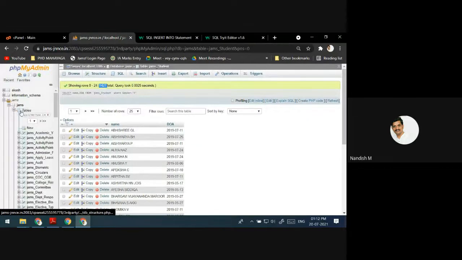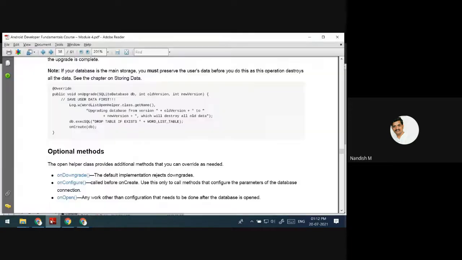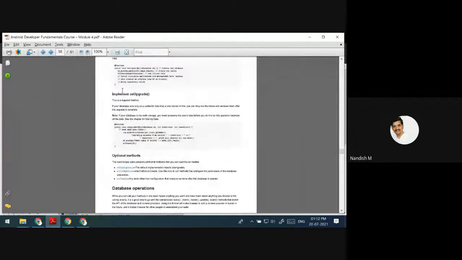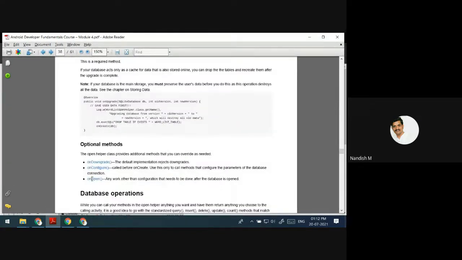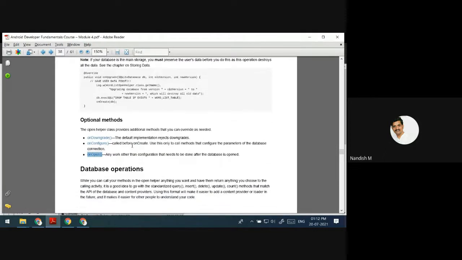It consists of hundreds of tables. If you want to do operations on this database itself, JAMS, then you can use these functions: onCreate, onUpgrade, onDowngrade, onConfigure, onOpen. These five functions you can use.